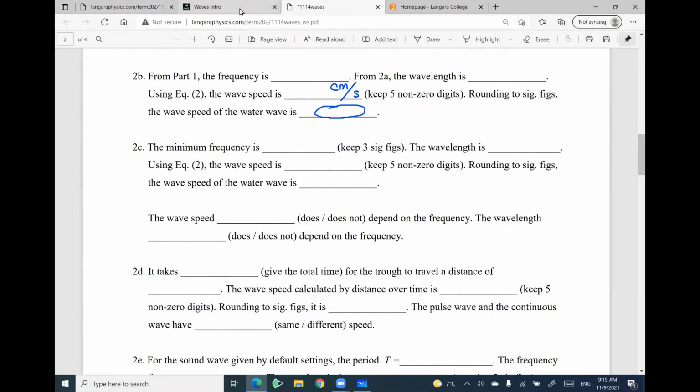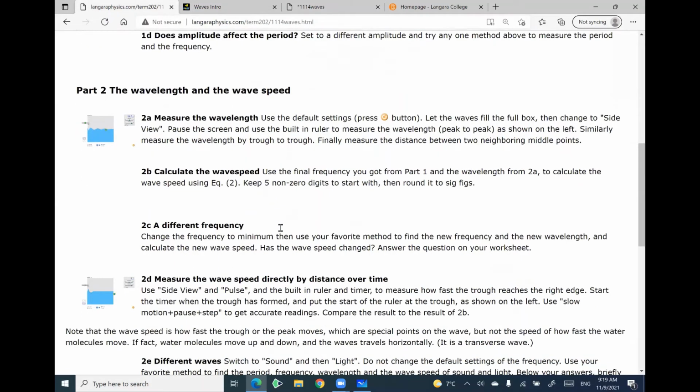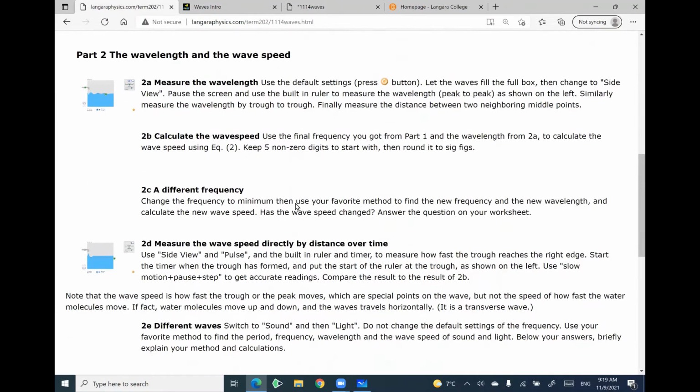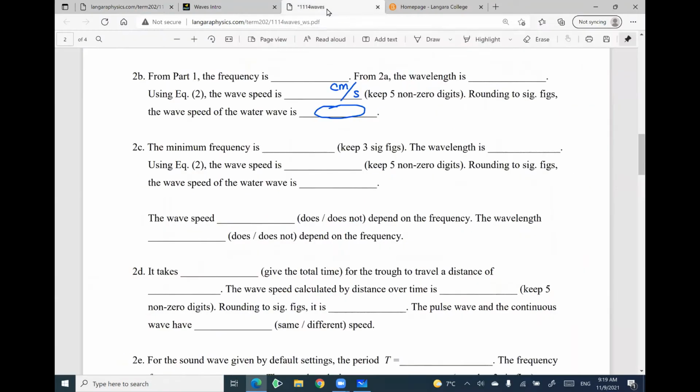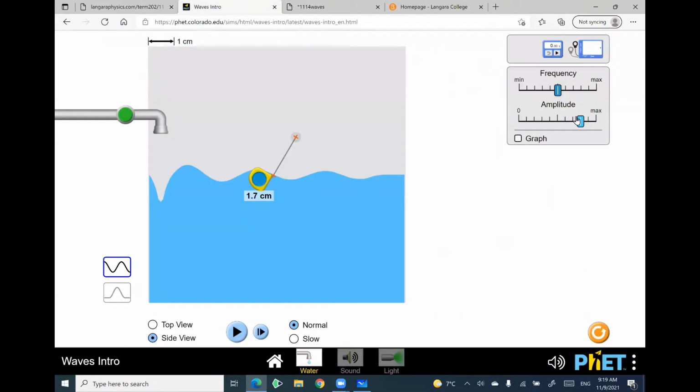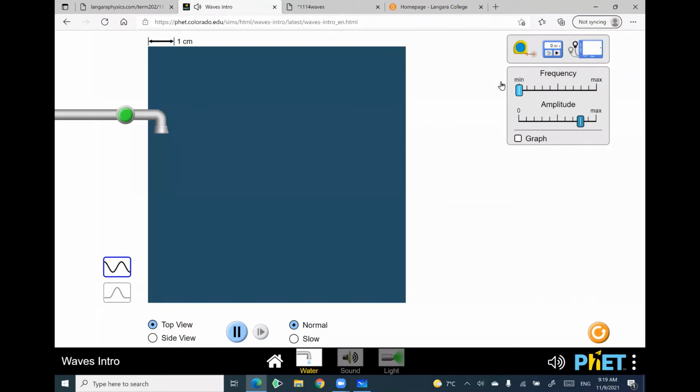2C, let's see what we need to do for 2C. So we've done 2B. 2C is change the frequency to minimum, and then measure the new frequency and the new wavelength, and calculate the new wave speed. Has the wave speed changed? Answer the questions on your worksheet. So this one, you have to change the frequency now. There is a slider here. Change, maybe reset, change the frequency to minimum, and measure